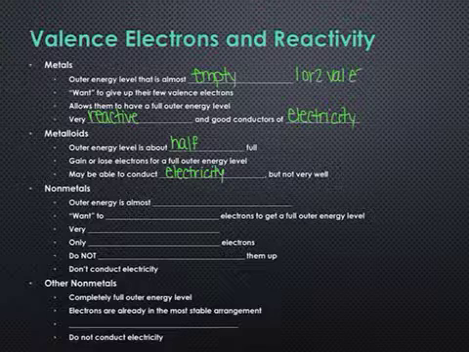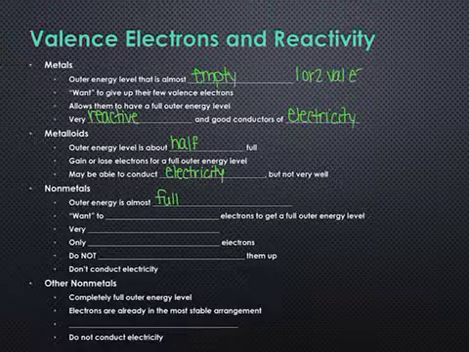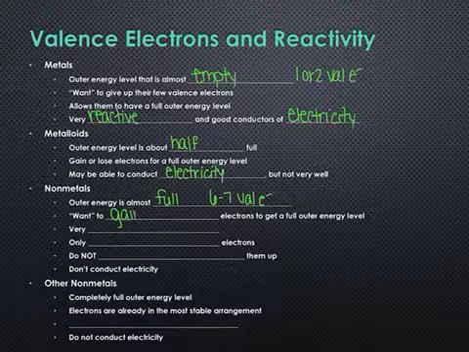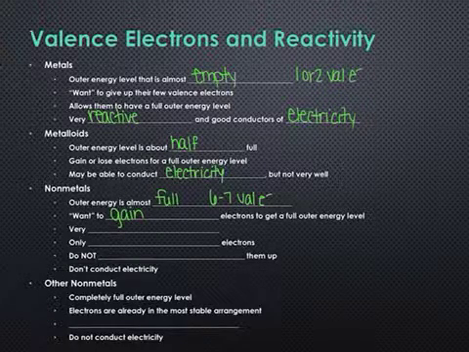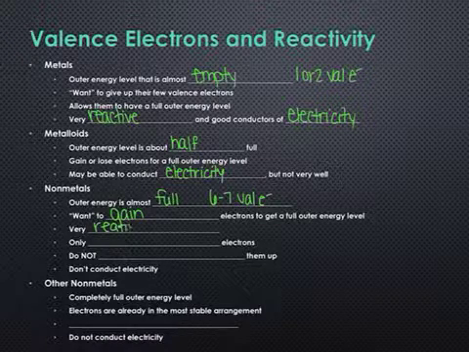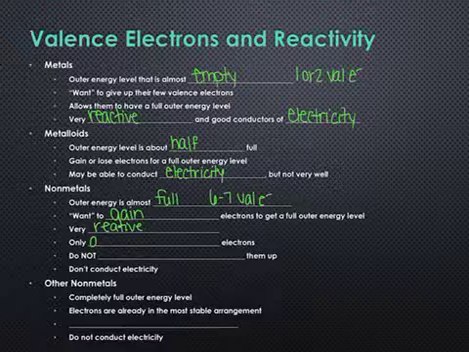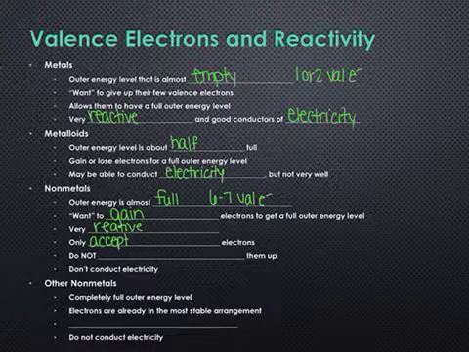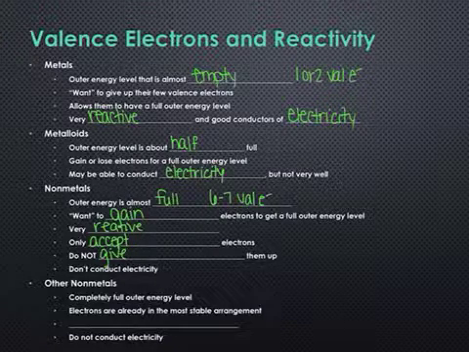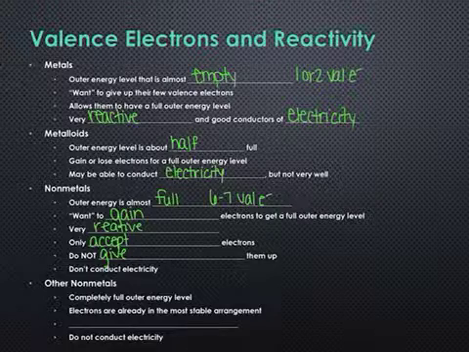Nonmetals, their outer energy level is almost full. So they're probably looking at 6 or 7 valence electrons. And they want to gain 1 or 2 electrons in order to get that full outer energy level. That makes them very reactive, like the metals, but they only accept electrons. They do not give them up. And this makes them not conduct electricity because they do not want to give up those electrons, so those electrons